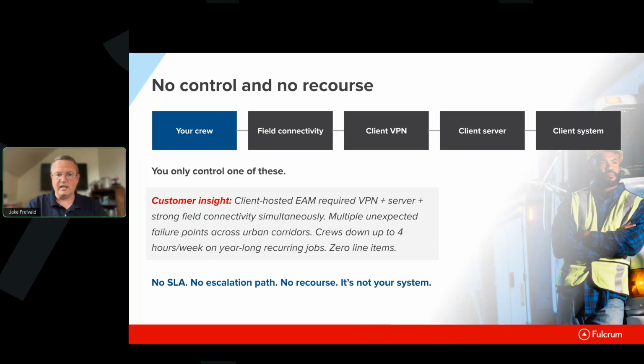There was no SLA for the client. The client was just saying, use my EAM, and so they did. There was no way to escalate it if you were trying to get into the client and say, hey, how do we get this thing started? You were at the end of their priority list for the day because they had people shouting at them from inside the company who required their attention before. The fact that you got the short end of the stick on that didn't mean that you had any recourse to it. It's not like you could do anything significant about it because it wasn't your system. You were told, hey, you can use this.